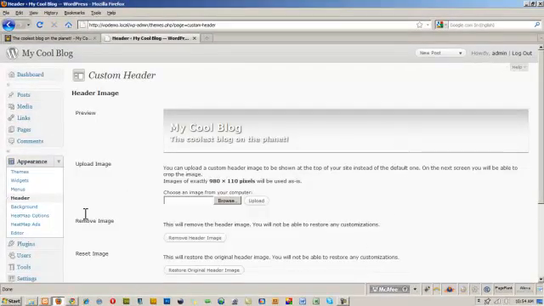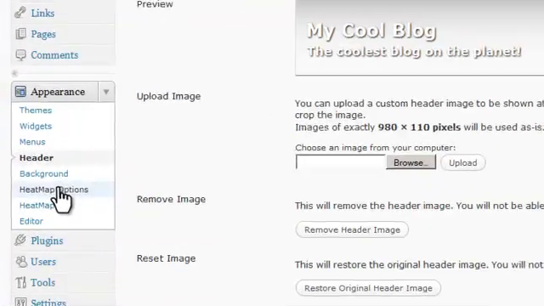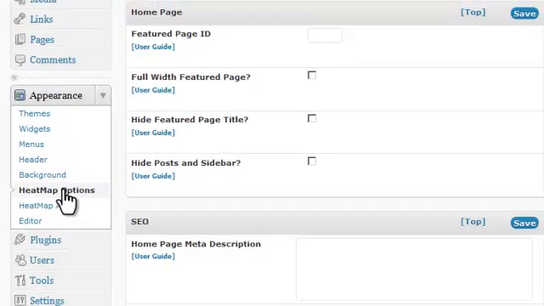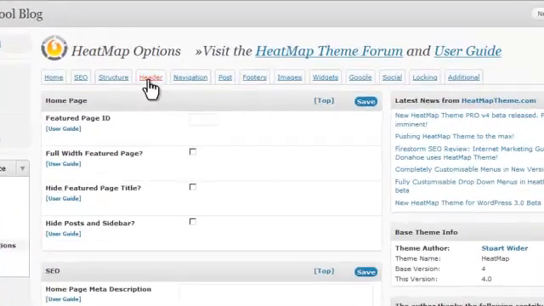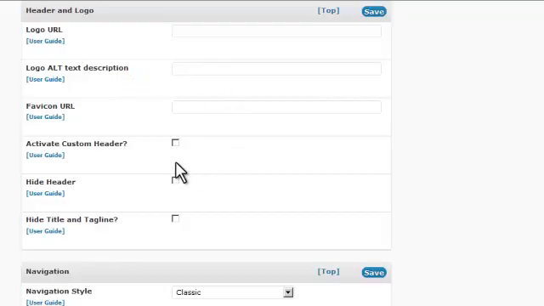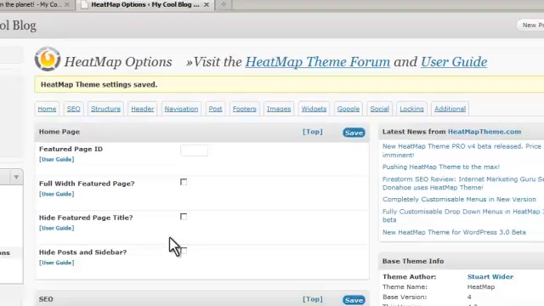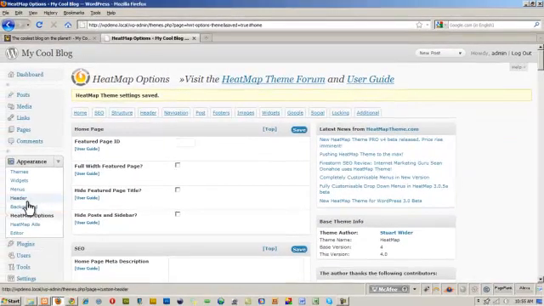So that you can see this is where you set up your custom header, but before we do that, what we need to do is head into the HeatMap options and then we just got to activate that. So we'll click on header and then activate custom header. If you don't activate it, then you'll just get the default header. Okay, we'll save that and now we'll head into the header manager